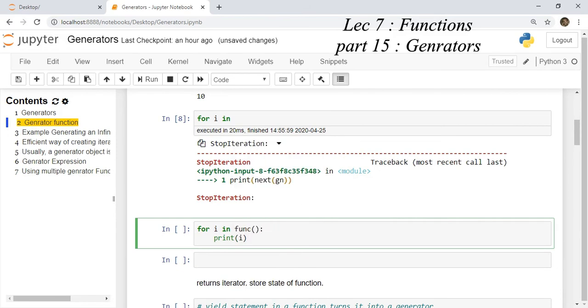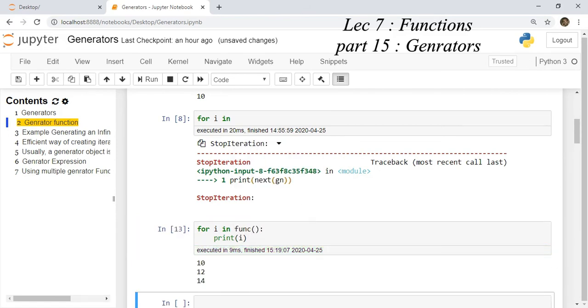Click on the cell, run the cell. You can see first execution paused, second execution paused, third execution paused. After that there is a StopIteration exception, which is handled by the for loop implicitly, which is doing nothing, meaning executing a pass statement. So the difference between a normal function and a generator function is that a generator function can contain single or more yield statements. It returns an iterator object. It has automatic or implicit implementation of iter and next dunder methods. This function can pause. It remembers the local variable state. The function terminates on StopIteration exception.